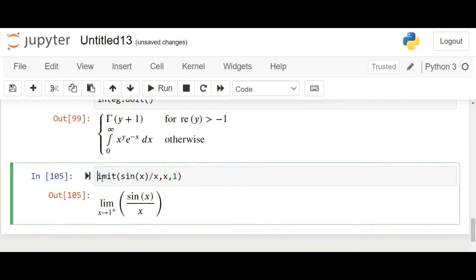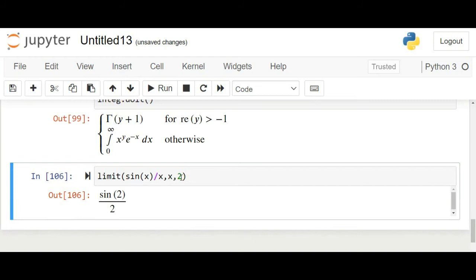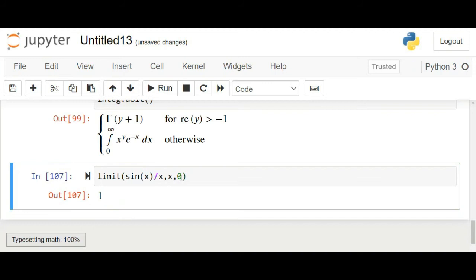If I write L this, and the same case of x approaches 2, in this case our answer will be just like this, okay. And if we want to find the limit at x equal to 0, then this is 1, okay. So by changing over here to cos of x,